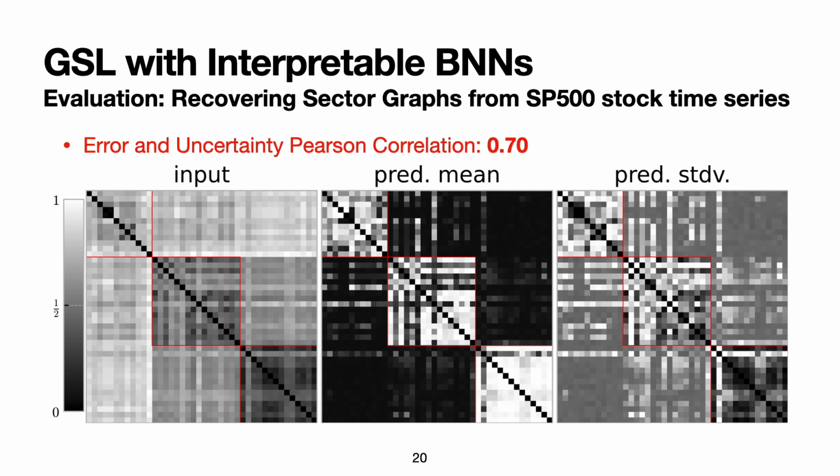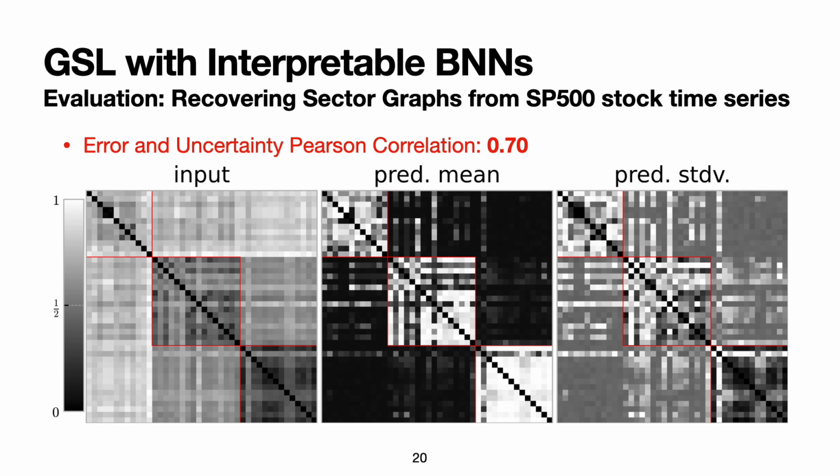So our predictive mean, where it's white, that means this is true. We predict a true edge, we're closer to 1, and where it's black, it's closer to 0. And so we see, inside of these block diagonals, we tend to have lots of whites, which means we're making correct predictions. And outside of it, we have lots of blacks, so close to 0. And where we make mistakes, you can see in the lower right-hand block, we make mistakes kind of across a single row. And if you look at the associated entries in predictive standard deviation, they tend to be high. They tend to be very white.